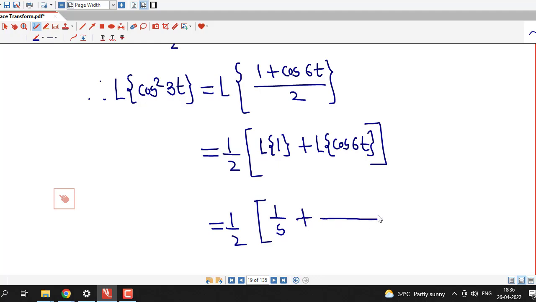Laplace transform of cos 6t is s divided by s square plus 6 square,